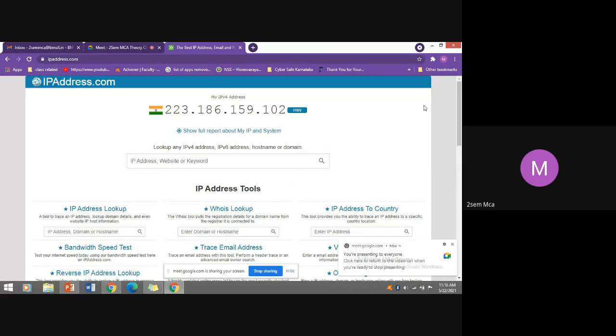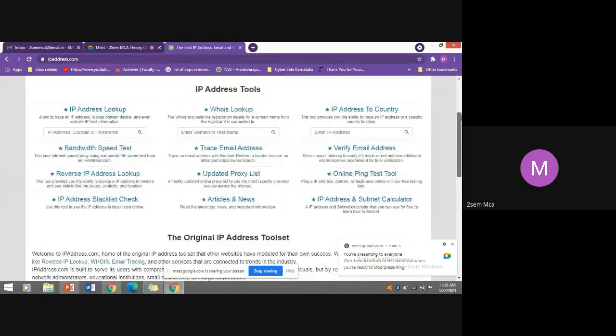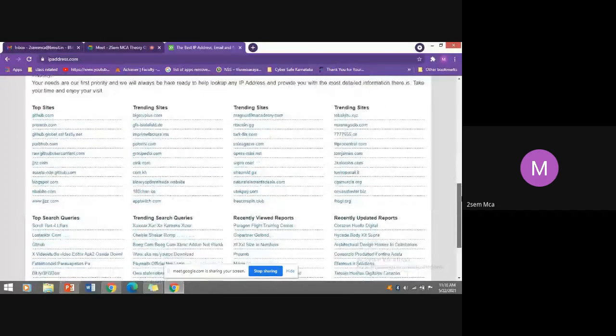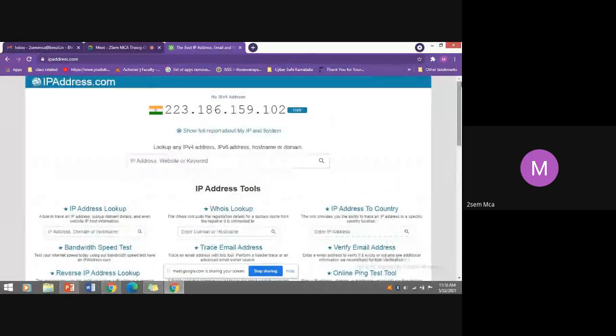It is going to show the details about that IP address. To know your IP address, type ipaddress.com. It is going to fetch your IP address. Show full report about my IP and system.